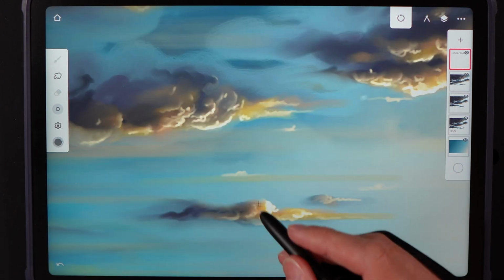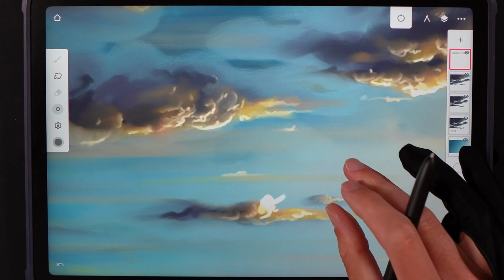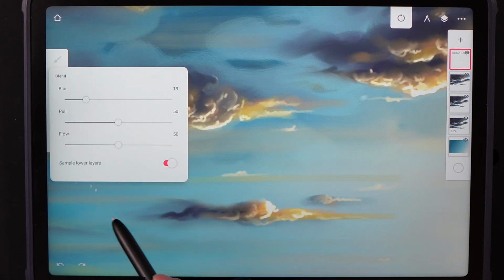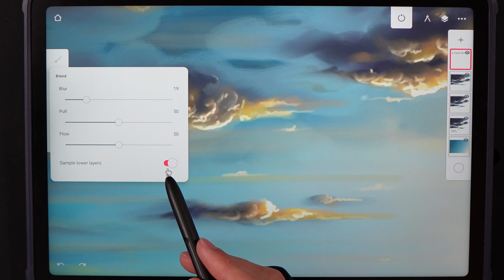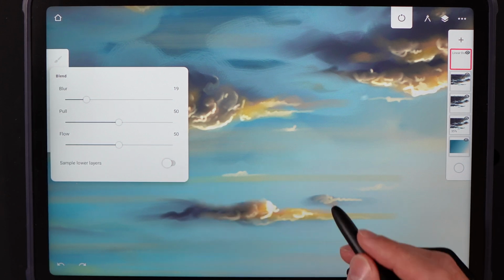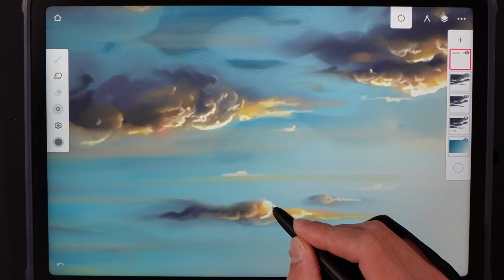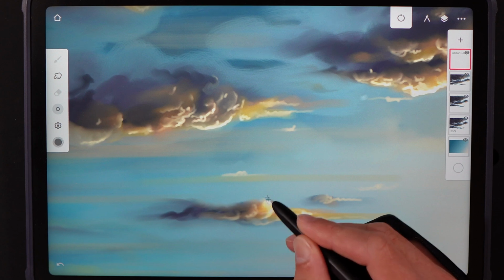Now, one thing you'll notice, if I go ahead and try to smudge this linear dodge, watch what happens. It just goes like this. And that's because if you go to settings, it's sampling lower layers as well. So what we want to do is turn that off. So now it only looks at the layer we're working on, and now you can smudge that linear dodge, big bright glow